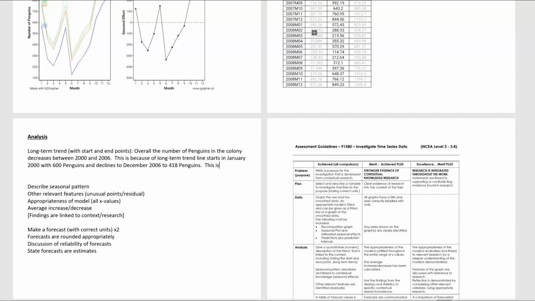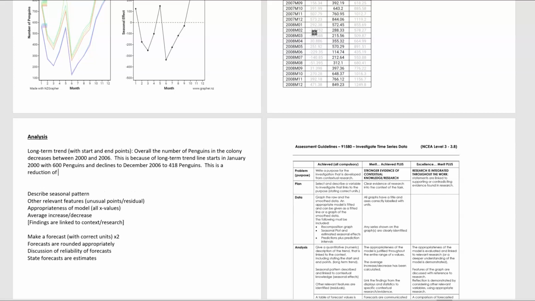This is a reduction of 182 penguins, and that was 600 minus 418. So just wanted to note, I knew from the top of my head it was January 2000 and December 2006,